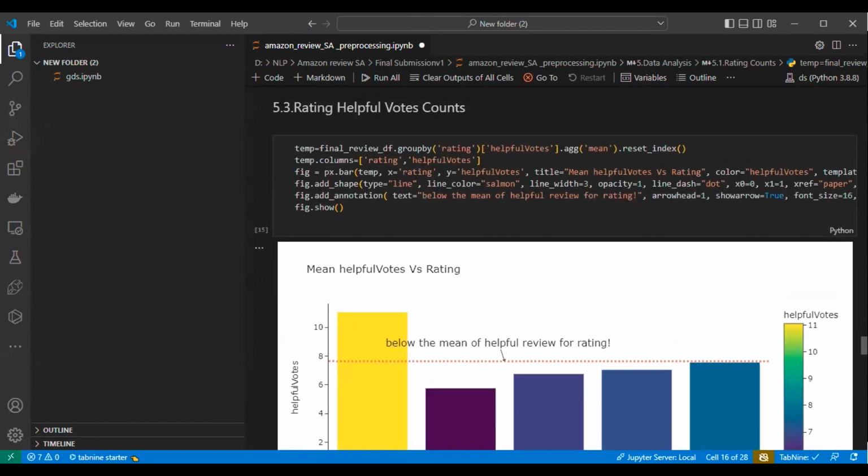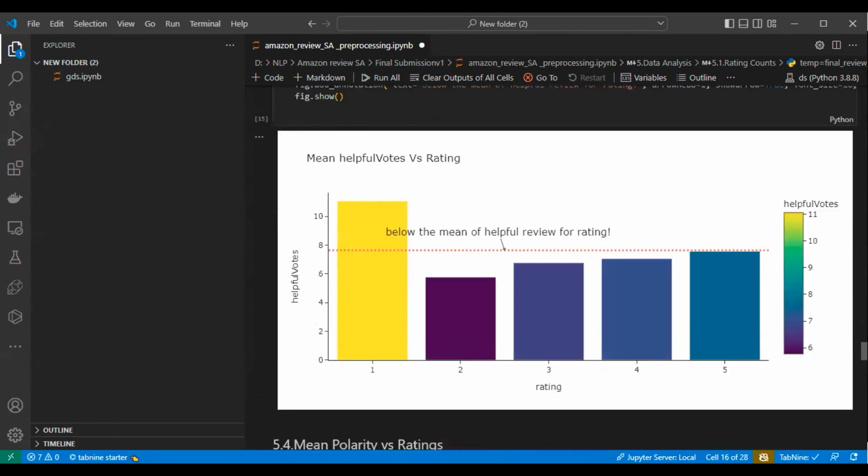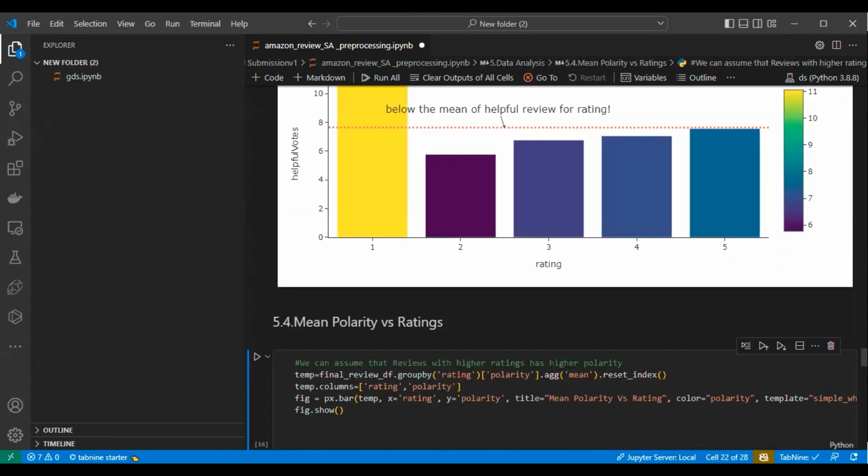We can even calculate how the votes and the rating are related to each other. This analysis portion is part of EDA.